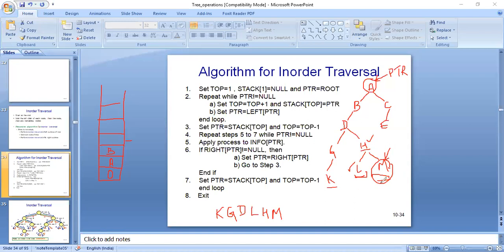So we can check over here, we don't have any right of M, we don't have any right of H, any D, B, they don't have any right child. So we will backtrack till we encounter the right child. So A is having the right child now. We have processed this subtree. This subtree has been processed and we didn't encounter any right child. So right child is where? Right child is at C.